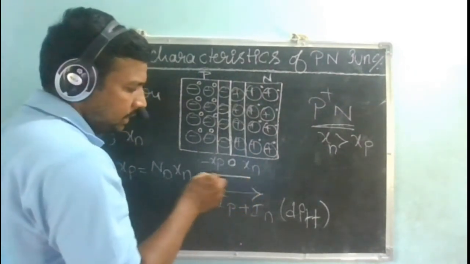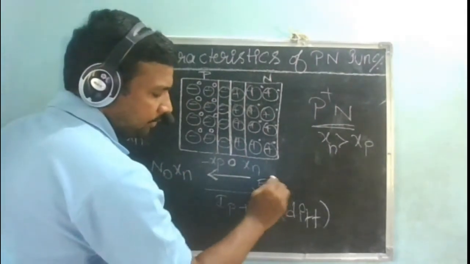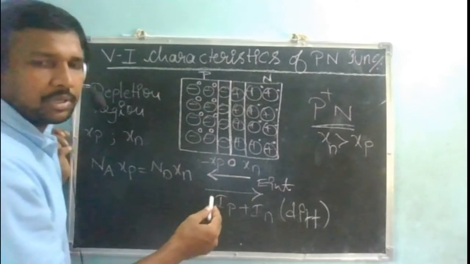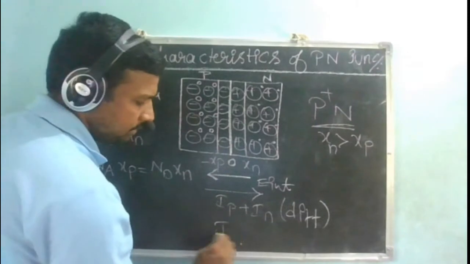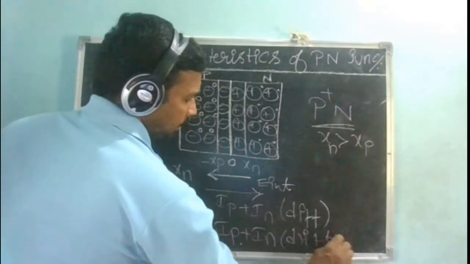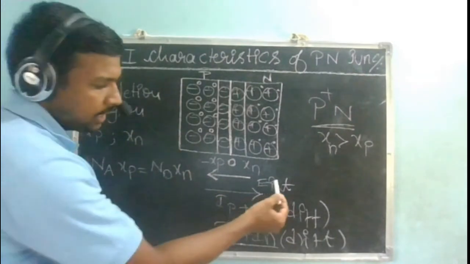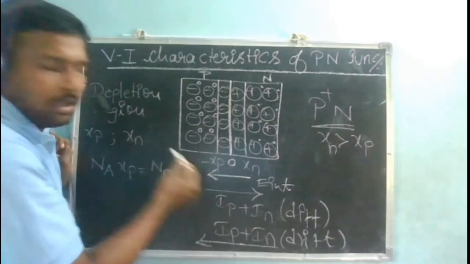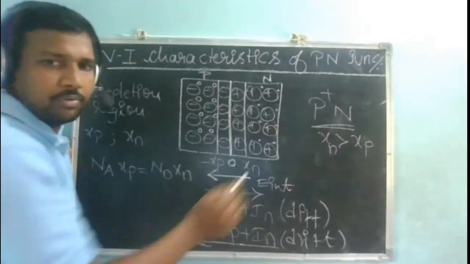No. Why no? Because there exists an internal electric field, from positive charge to the negative charge. This internal electric field is going to create a drift component. Not only due to the holes but also due to the electrons, a drift component is going to be created due to this internal electric field, which is going to cancel your diffusion component. So exactly this will be in the opposite direction. When my electric field is in this direction, my hole movement because of this electric field will be in the opposite direction. When my electric field is in this direction, my electron movement will be opposite to this electric field. That means my electron movement will be in this direction.